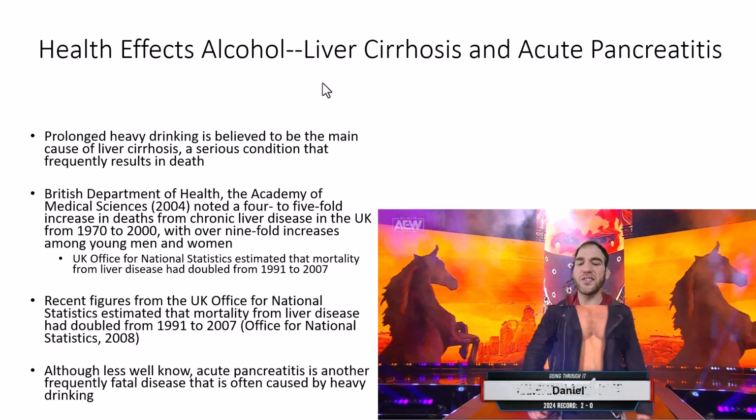And there's strong evidence that chronic alcohol use, and especially heavy drinking, matters. In general, it's called a dose response situation, where the more you use something, the greater the risk. Here, the more you drink, the greater the risk of liver cirrhosis. We also see this trend in the United Kingdom since about 1970, wherein we're seeing increases in chronic liver disease, potentially associated with higher rates of drinking during that period,